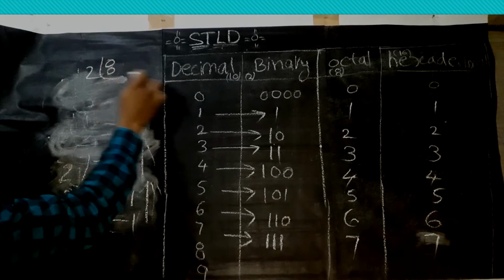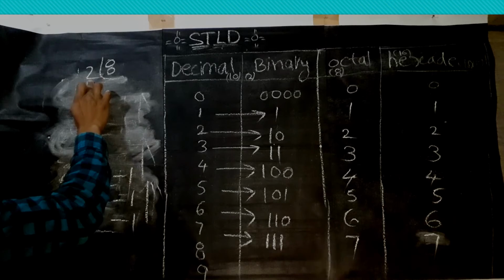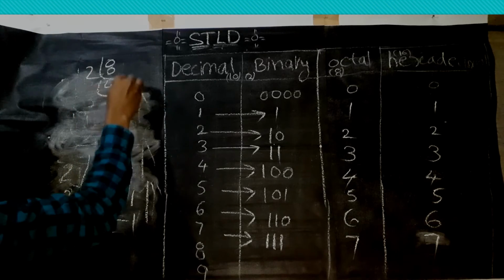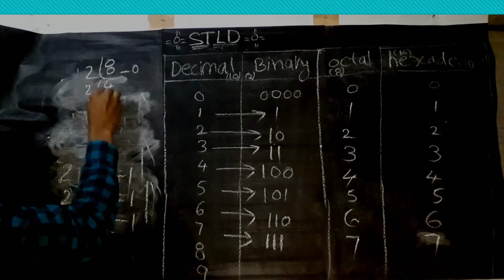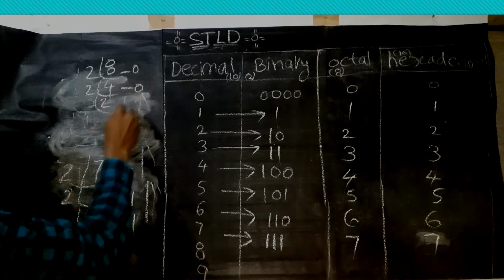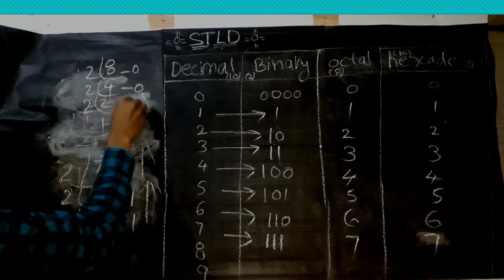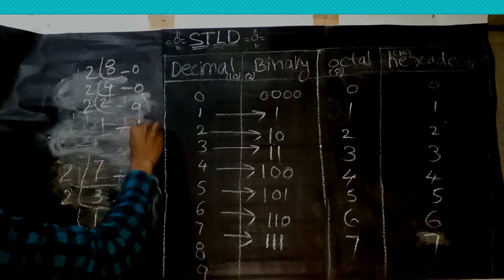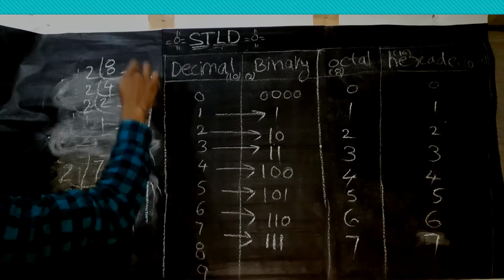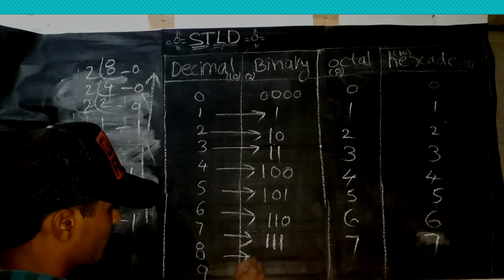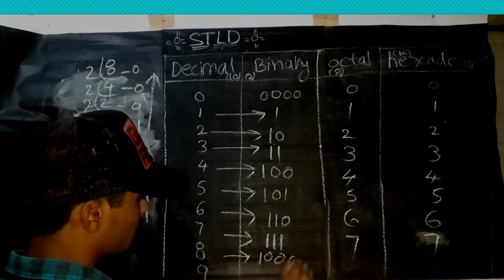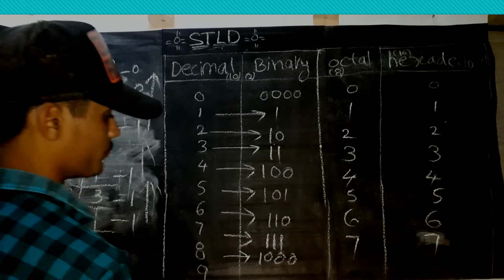This is the octal and decimal number system. The decimal number is 8. The binary number of 8: divide by 2, four times. The value is 0. 2 to 4, the value is 0. 2 into 2, the value is 0. 1 carry. 1 0 0 0. The value of 8 in binary is 1 0 0 0.